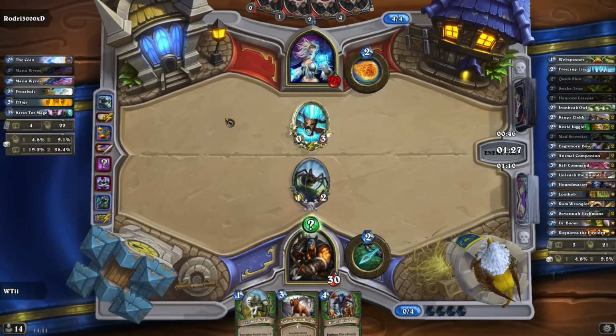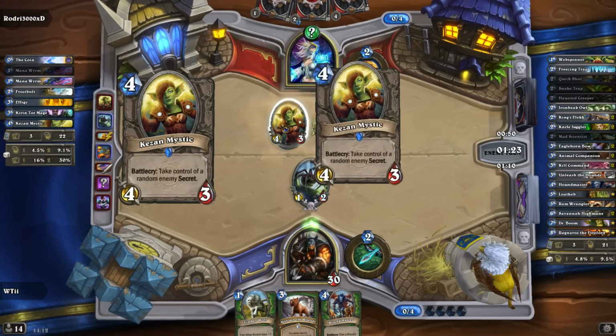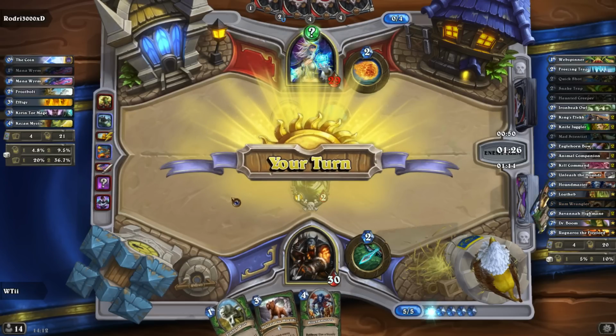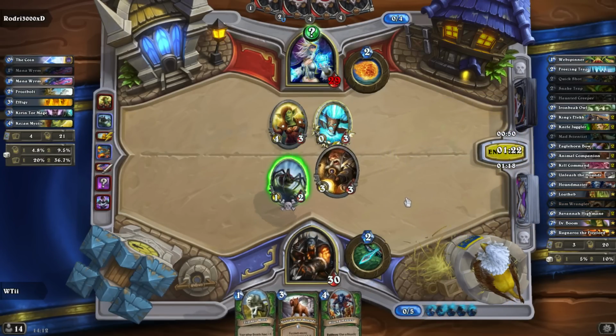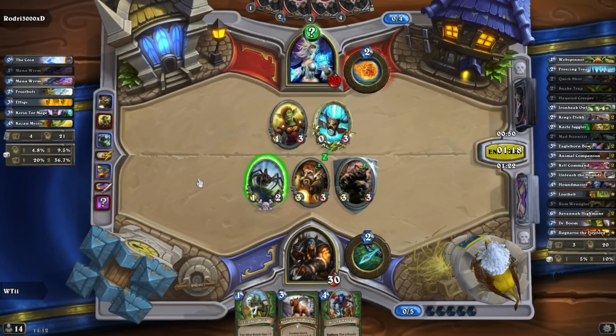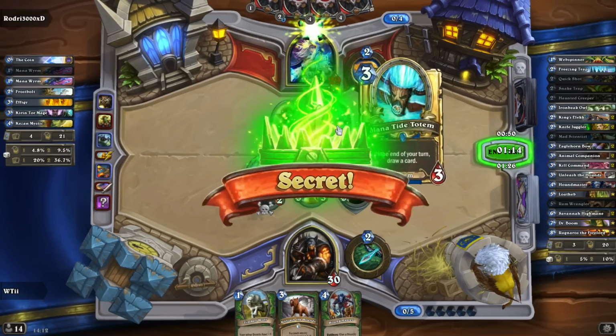So if it isn't Mirror Entity, it's Effigy. I've noticed that. Wow, that's a pretty darn good anti-hunter there going down. But fortunately we've got Ram Wrangler, so hopefully we can pull back some luck, chuck him down and get something nice on the board. Yeah, that's not terrible. So we'll take that. And we'll see if we can do any...